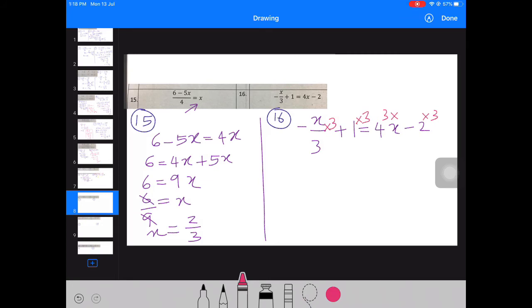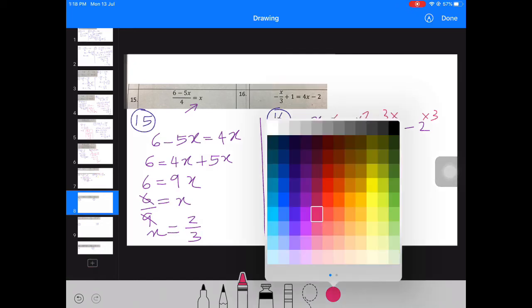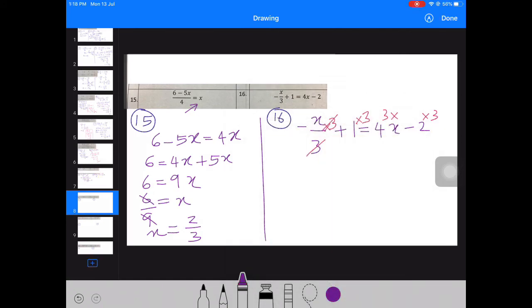Alright, so when we multiply 3 here on the first term, we can cancel off the 3, leaving you with only negative x. Plus 1 times 3 is 3,